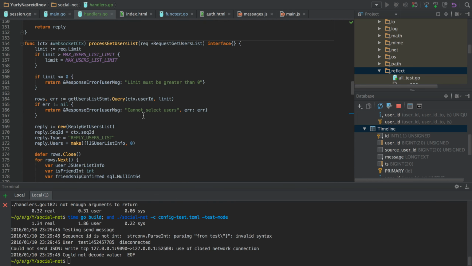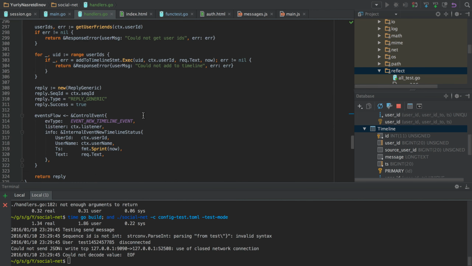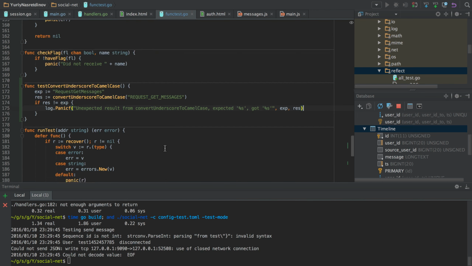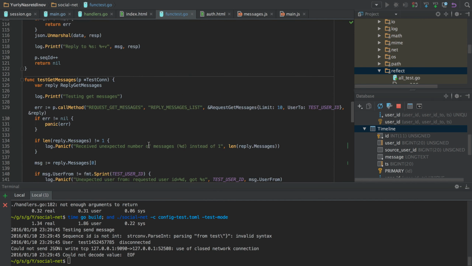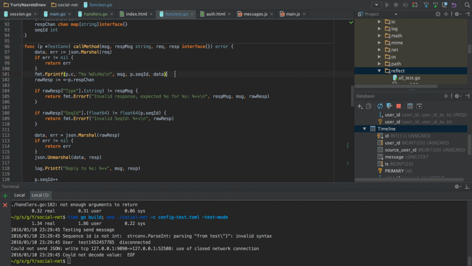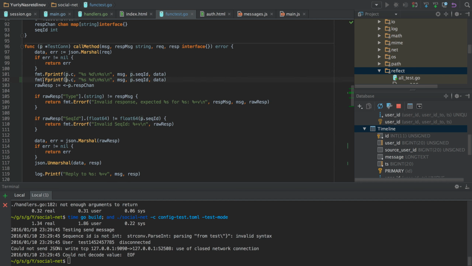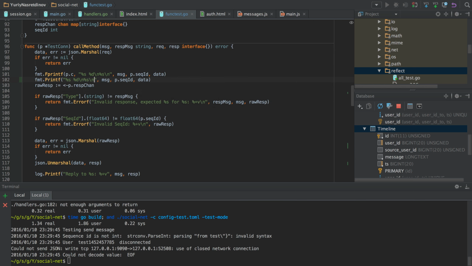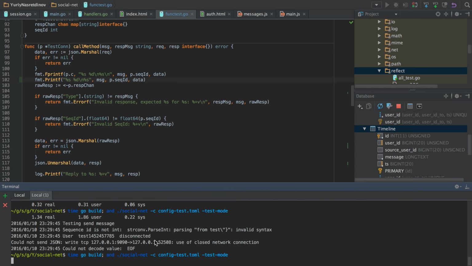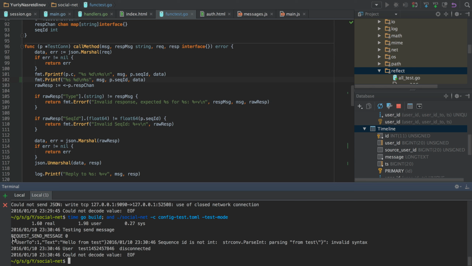So I examined the code that scans the request format. First I try to add a debug of the requests that we send in our protocol, and we will see that everything is okay.